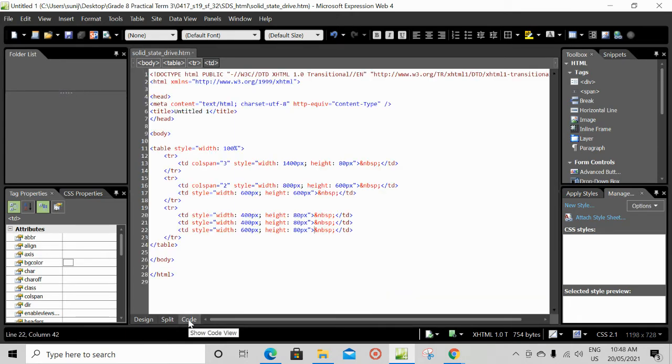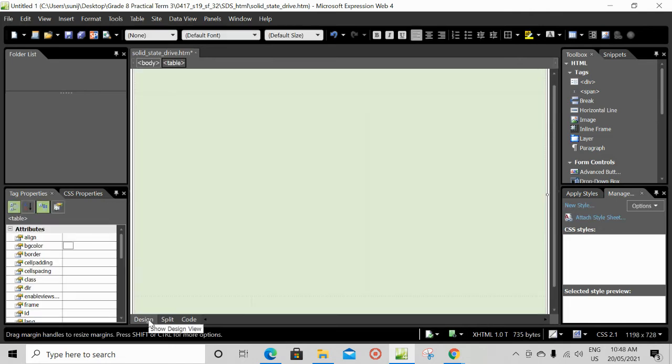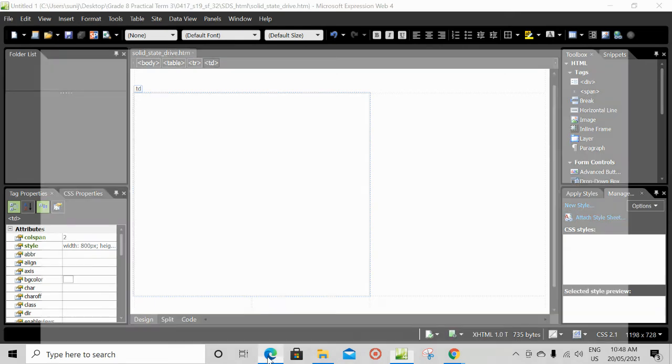Let's take code. In the code you can see table style equals width equal 100%. You can remove this one, or else our table will be spread to the full width of the screen. So just remove that part. Then again go to the design and save it, Control S. Okay, now our table is ready.